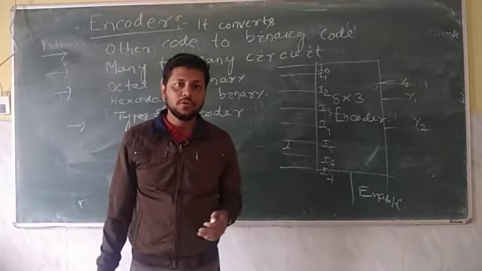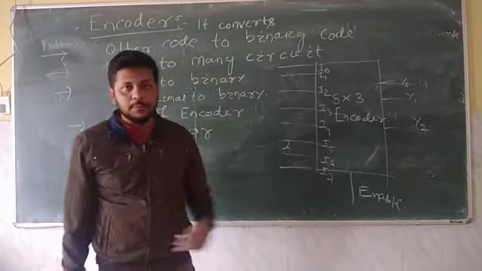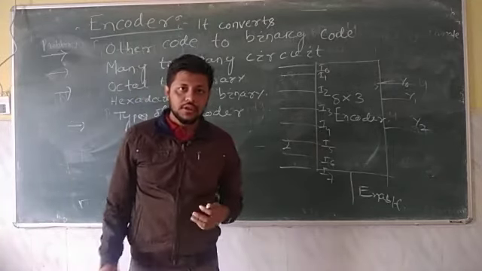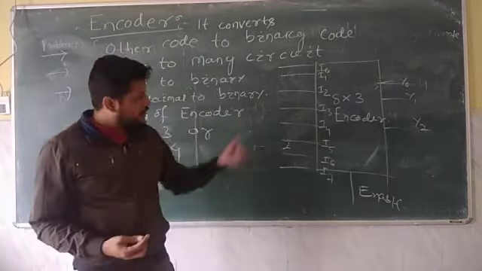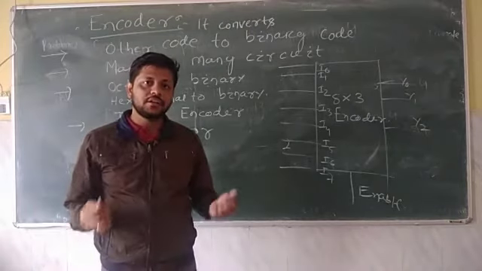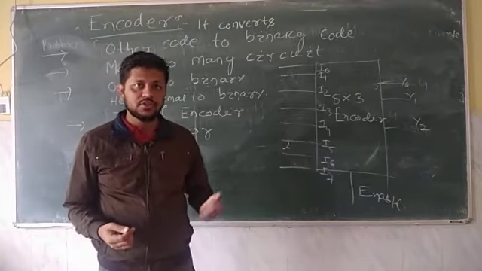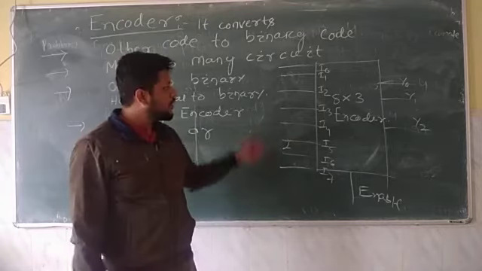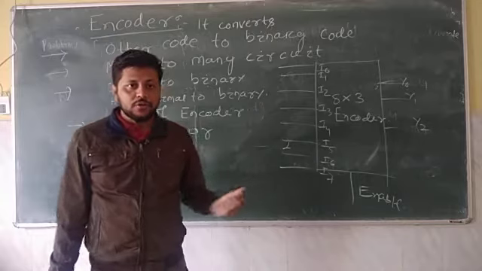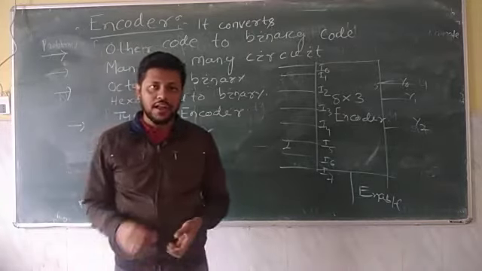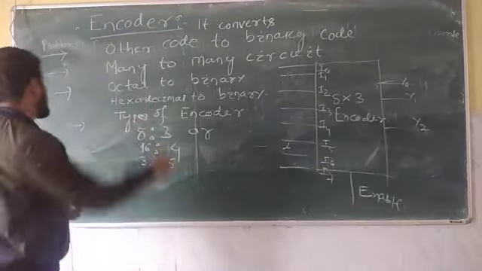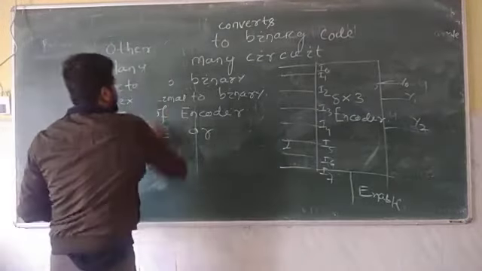So now the homework for you is to design the logic. First try to implement the truth table, then write the logic expression and implement it using logic gates. Just revise your decoder, the encoder is just the opposite of the decoder. So try it by yourself. If at all you have any doubt, you can ask me. Next, we will see a combinational circuit which is very important, that is the comparator.